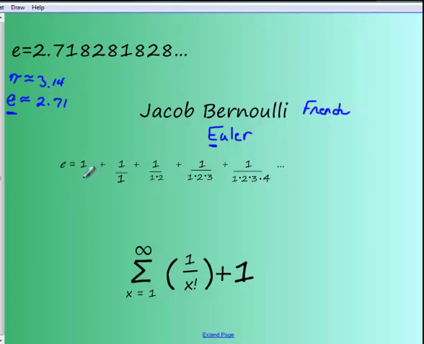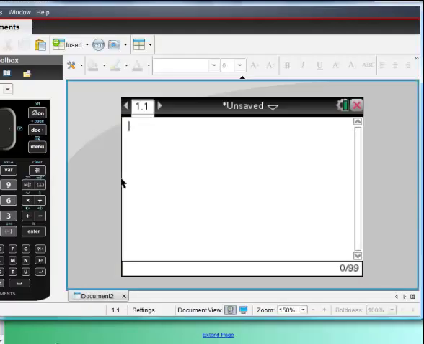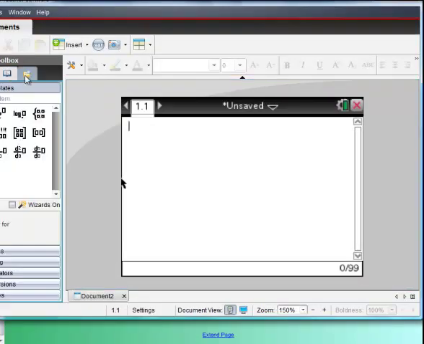It's the summation of 1 plus 1 divided by 1 plus 1 divided by 1 times 2. You remember what these are called? These are called factorials. And if we had to write a summation down, here's the summation: 1 to infinity, 1 over factorial plus 1. And if I went to my calculator real quick, look at my handy dandy new fancy calculator here, and I just did it out real quick,